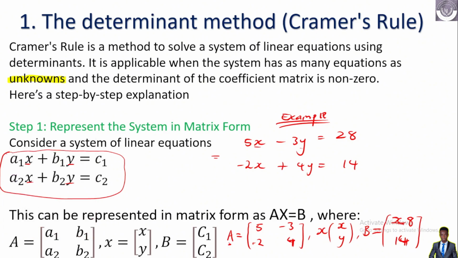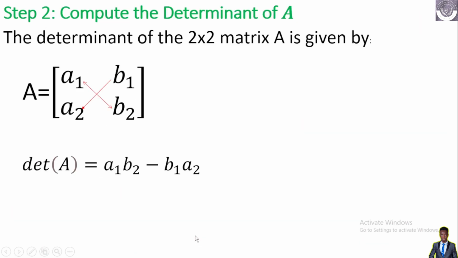They are talking about this A. So we are going to compute it by the determinant. So remember, to find the determinant of a 2 by 2 matrix, it is always multiplied by the corresponding. So from the given example,